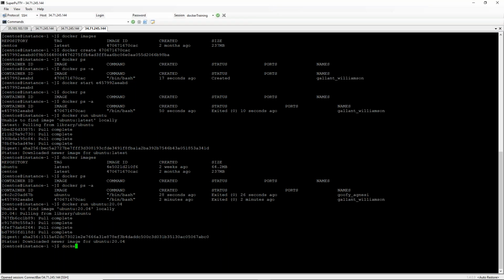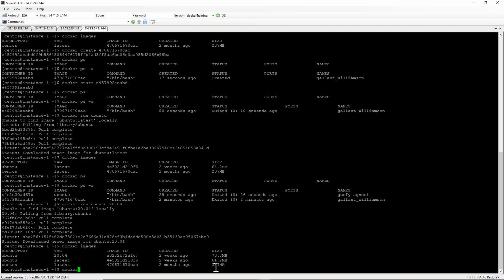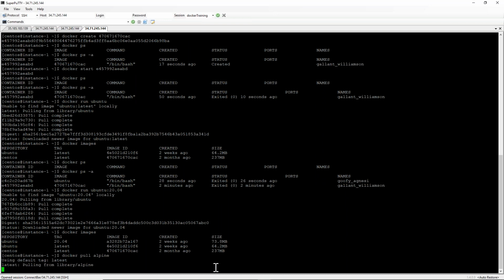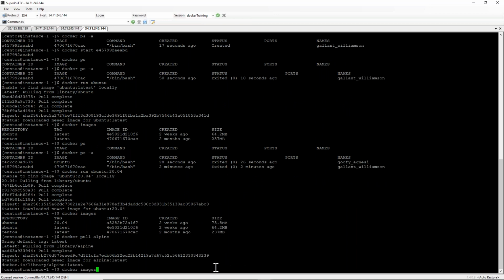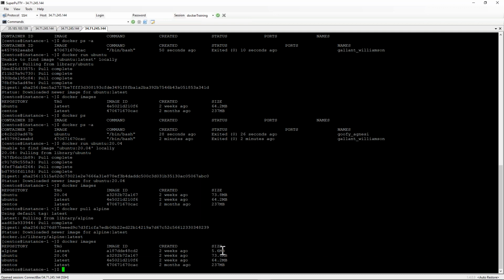The container is very lightweight. If you see the size of it, it's 73 MB. Can you imagine, the size of the OS is 73 MB. And there is another OS, Alpine. See, its memory is 5.6 MB. An OS of 5.6 MB, which is equal to an MP3 song. So it means a bare minimum OS.